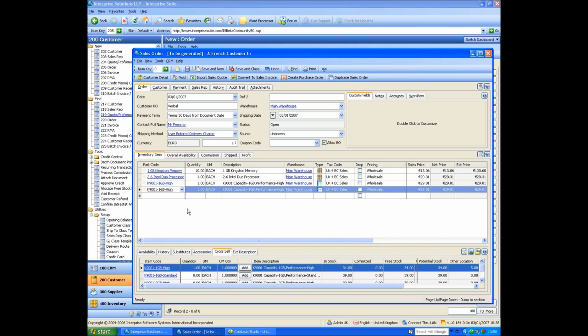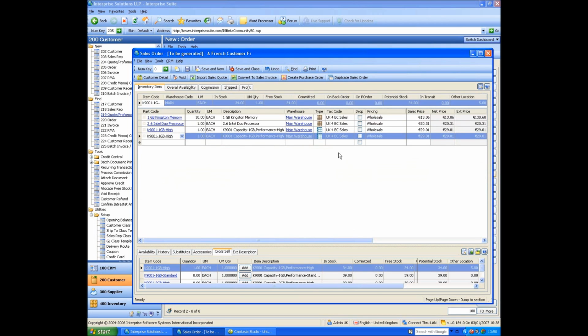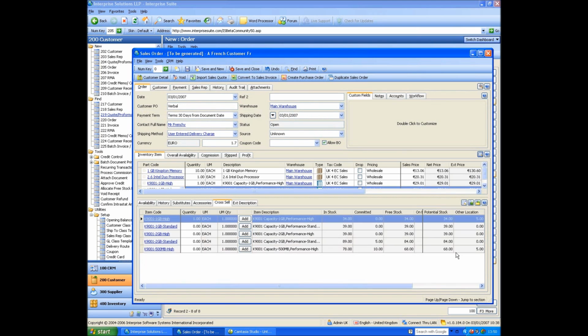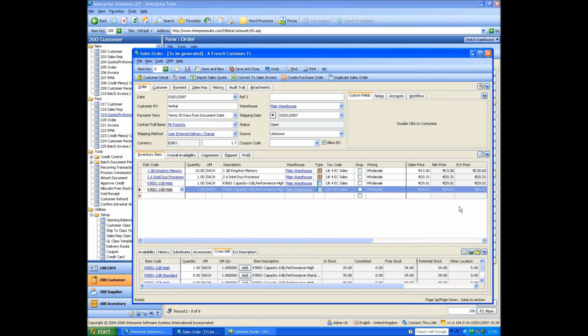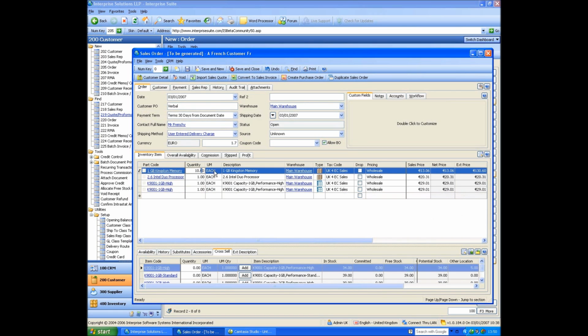There's an awful lot on this screen, and we have zoom buttons, so it's far easier to take stuff off than it is to add stuff. If you click that button there, you can expand the item lines up, and then you get the actual stock information there as well. If you're down here, you can use the zoom button again to make that bigger. While you're dealing with it, you can zoom it back down again. You can also do that by paging up and down. So if I stick back to this item line here,